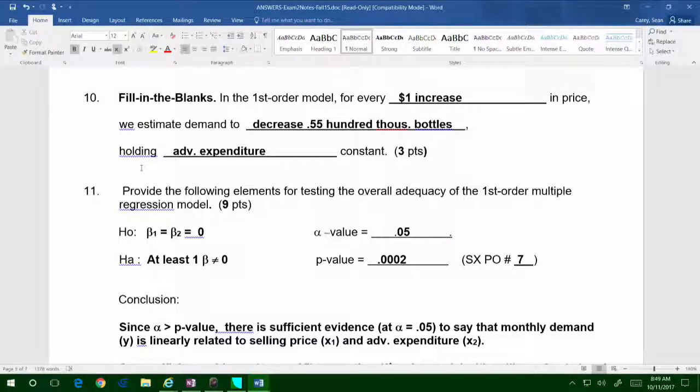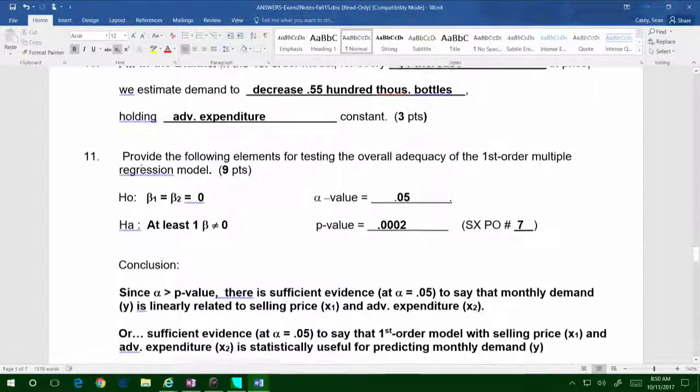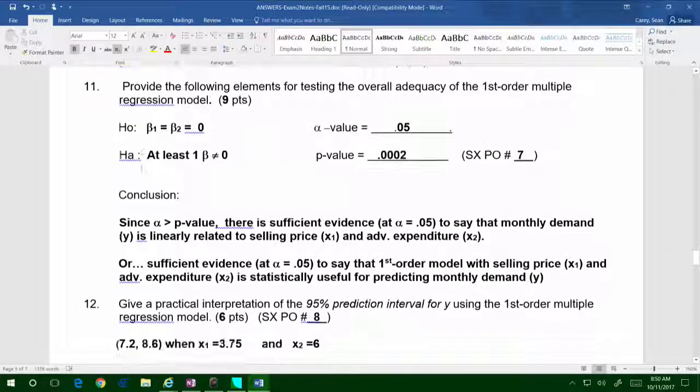P-values right from the printout, and now I have the right printout, number 7. And the p-value is 0.002. Okay, so what's our conclusion? Well, alpha greater than P, reject H0 in favor of HA. Our model does have statistical utility, so,